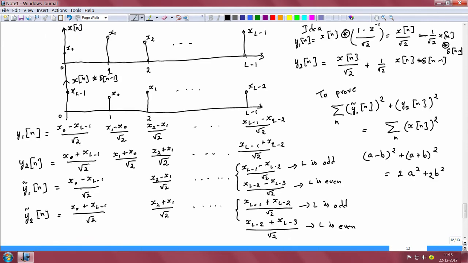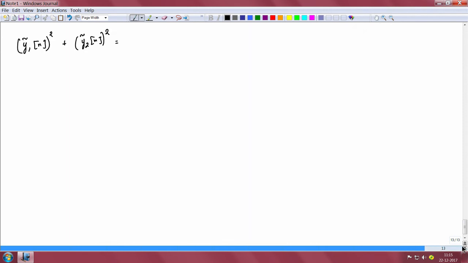For the first term we have x naught square plus x L minus 1 whole square, and because of the factor 2 here, the contribution of this root 2 will get cancelled out. So, you will have x naught square plus x L minus 1 square, and the next term is going to be x 2 square plus x 1 square, and the next term is going to be x 4 square plus x 3 square, and the last term depends on whether L